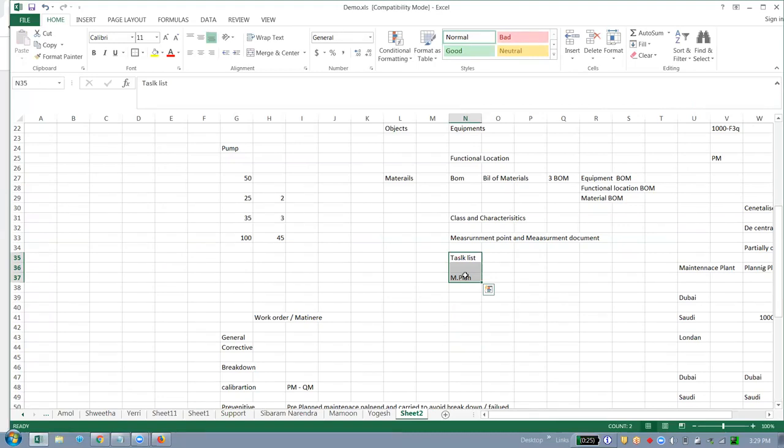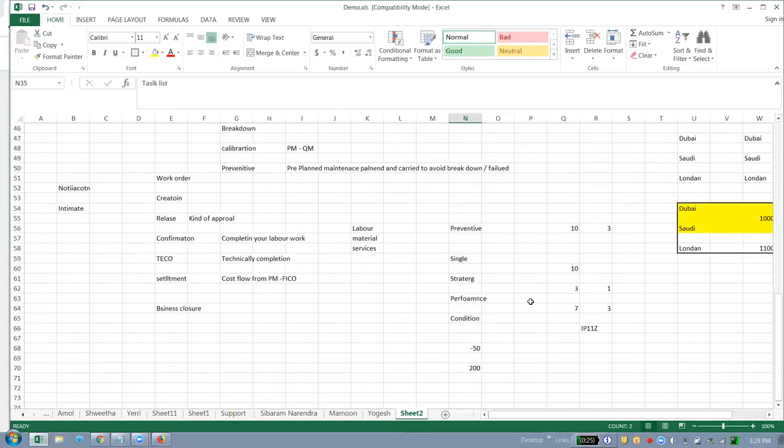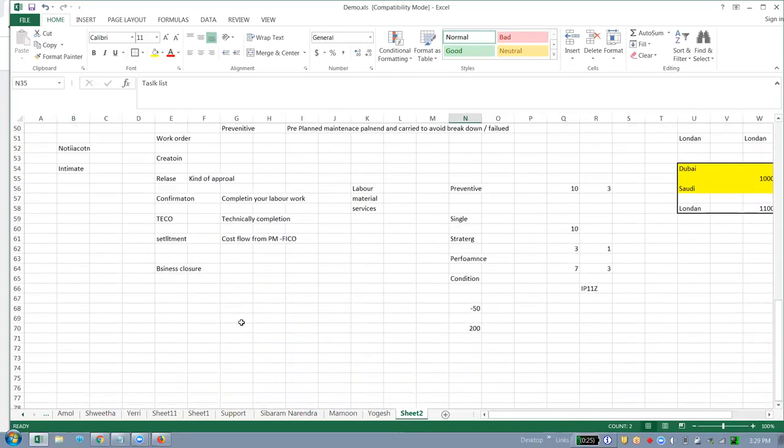These are the last two master data of our PM plant maintenance module. Other than that, we have different types of cost: estimated cost, plan cost, and the last is the actual cost.